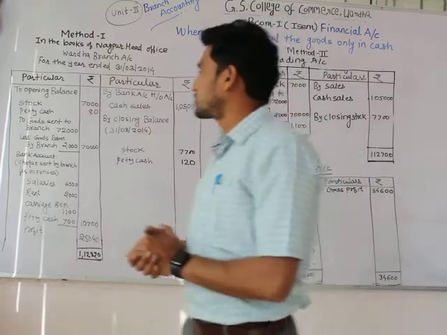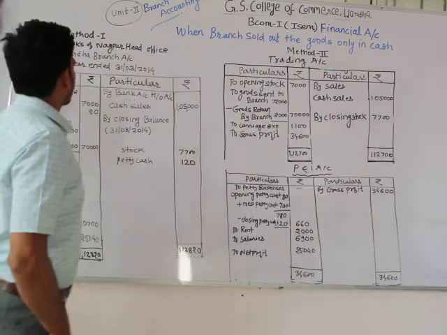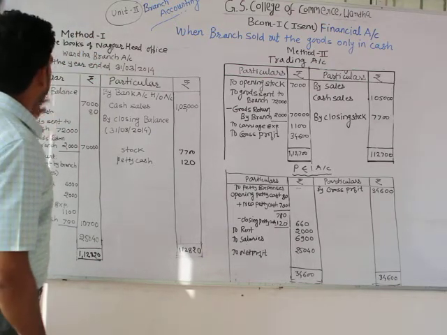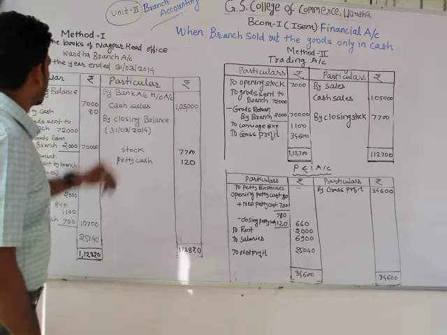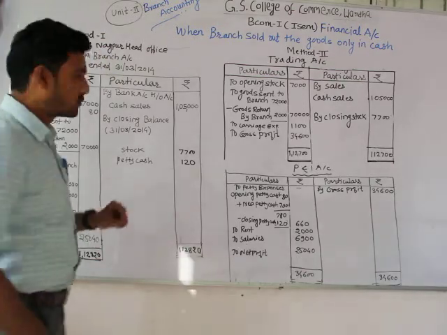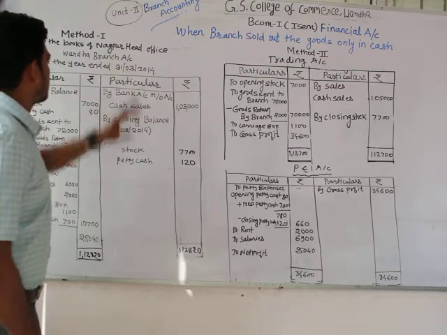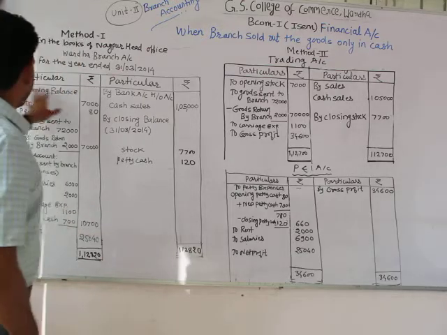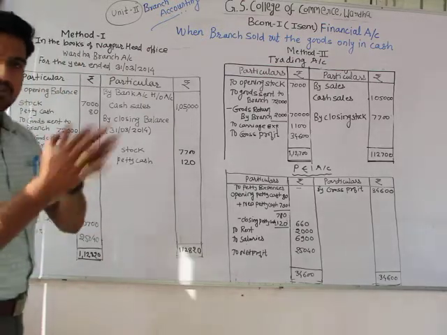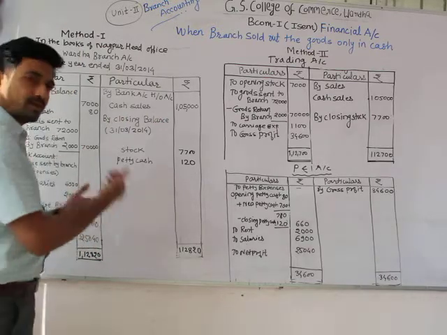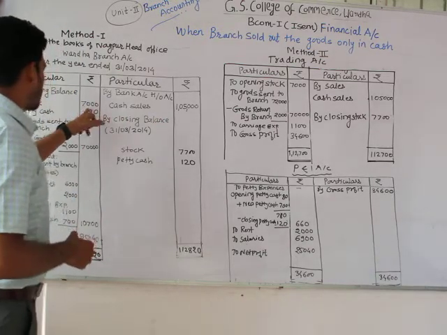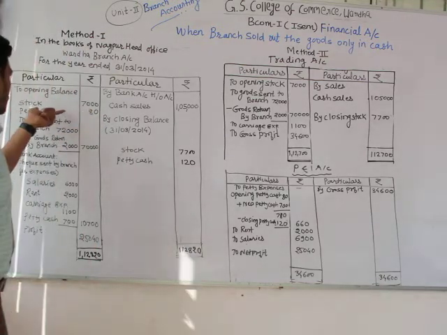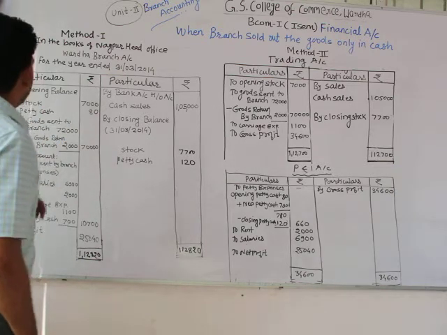So moving to the first method, in the books of Nagpur head office, because they instructed us to prepare accounts in the Nagpur head office account books. Actually it's a branch account, that's why I mentioned here Wardha branch account. This problem is of financial year 13-14, so it is going to be for the year ended 31st March 2014. This is the format. Opening balance, they have not given us the opening balance of the previous financial year. So we started from the opening stock, which is the stock at 1st April 2013. It is rupees 7,000. Then opening petty cash rupees 80,000.